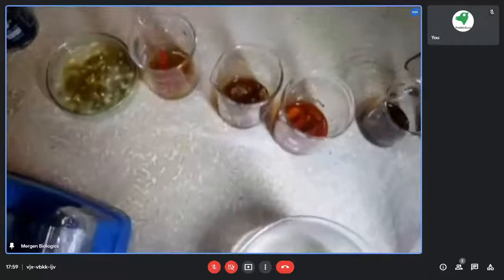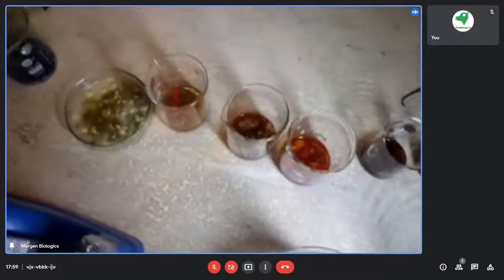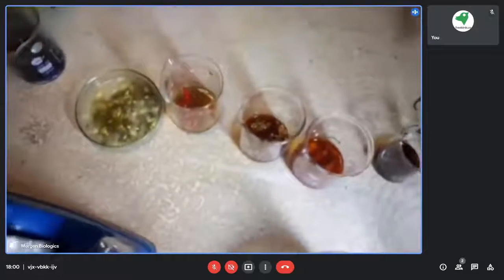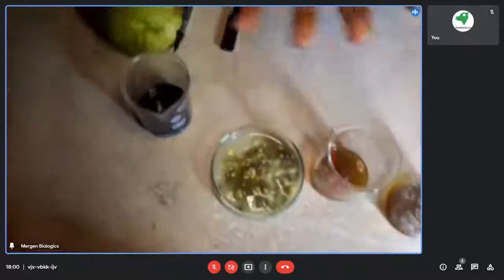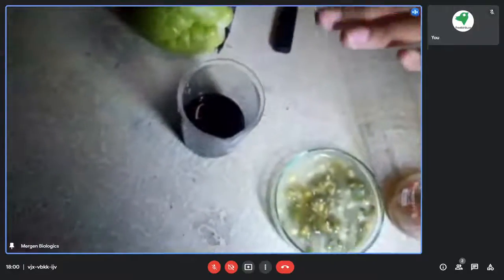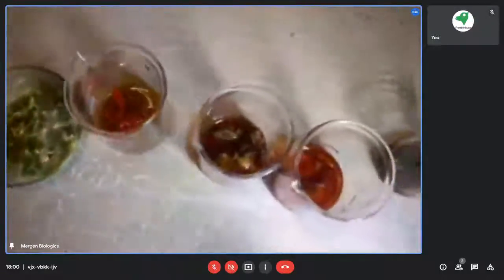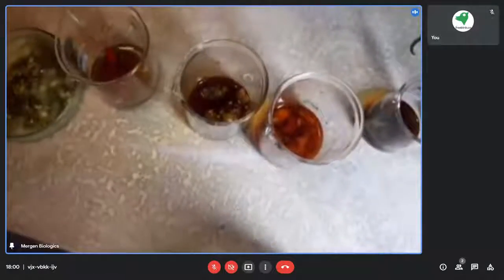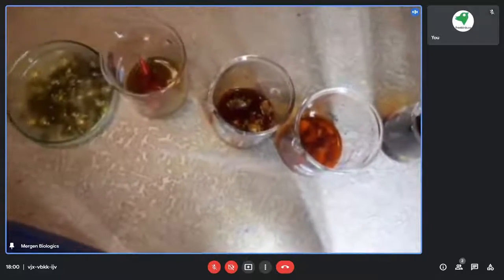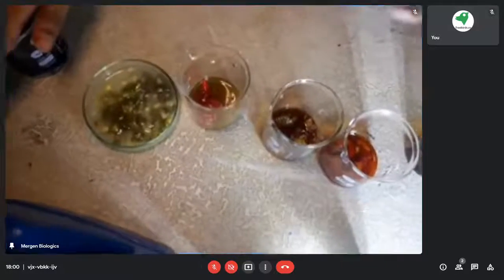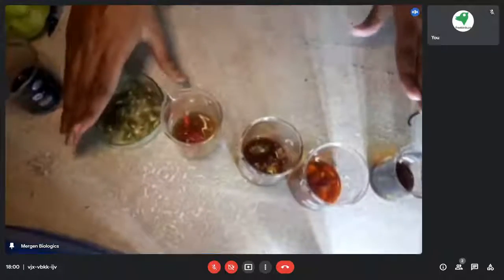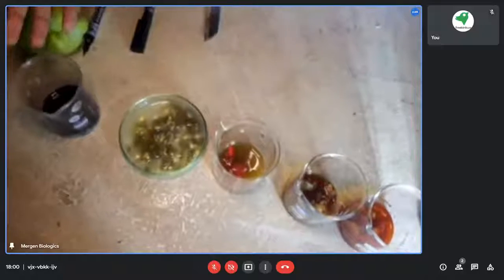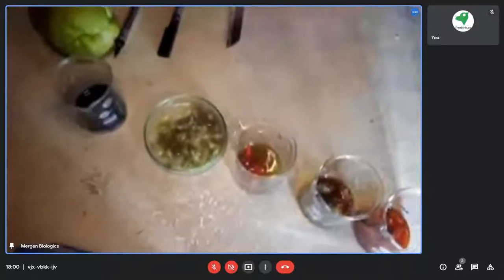I have taken all these samples, equal amounts, almost 2 grams. I have added an equal amount of water, and after that an equal amount of betadine iodine solution in all these beakers. But if you can see, all the beakers have different colors, and if some have the same color, the intensity is very different from one to another. So while there is such a variation in color, we have added almost everything the same, just the sample is different.